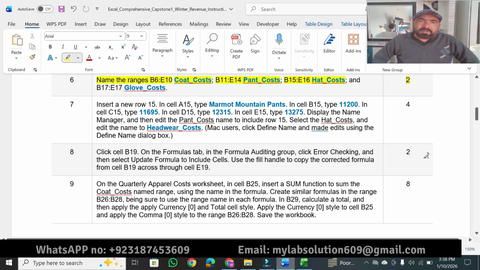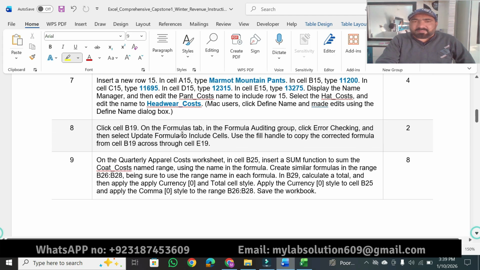In question number 6, we have to name the ranges. There are 4 ranges that we have to name. The first range is B6 to E10, and there we have to name it code cost. Then we select B11 to E14, and there we give the name paint cost. Then we select the range B15 to E16, and there we write the range name head cost, and in the last we select B17 to E17 and give the name glove cost. So question number 6 is done, and we have earned 2 marks from there. Now moving toward question number 7,